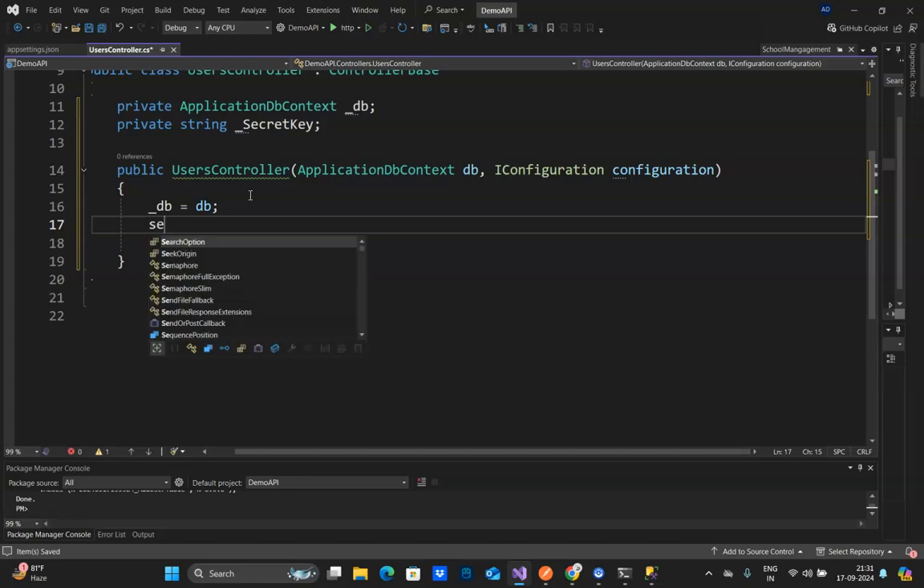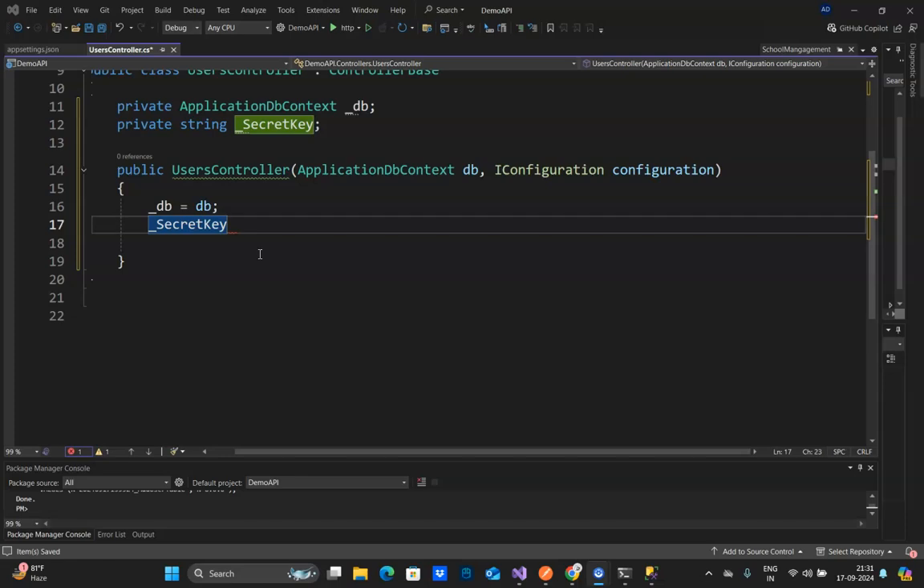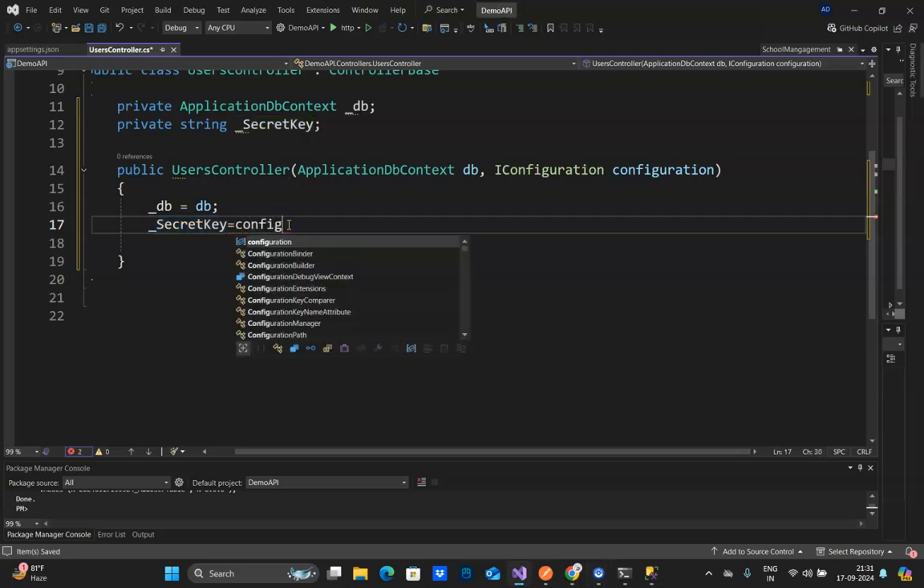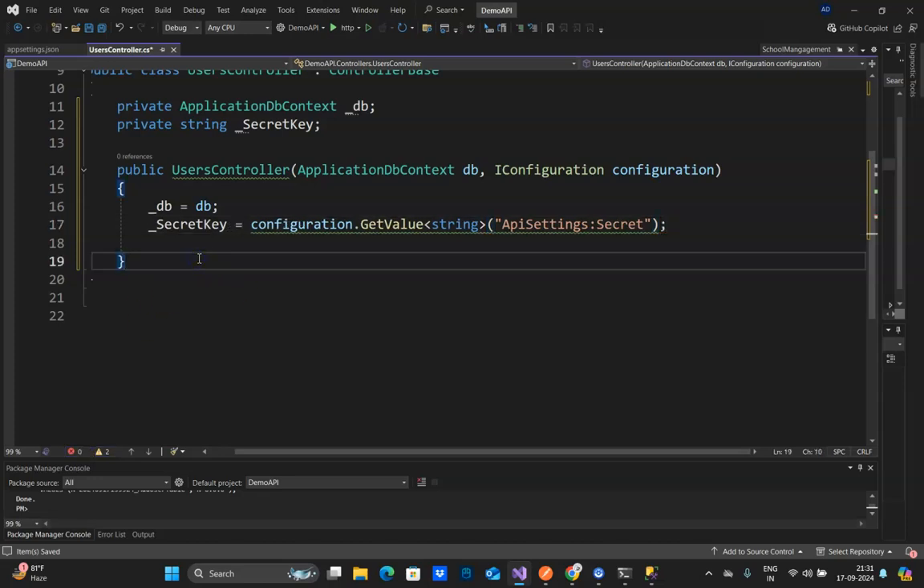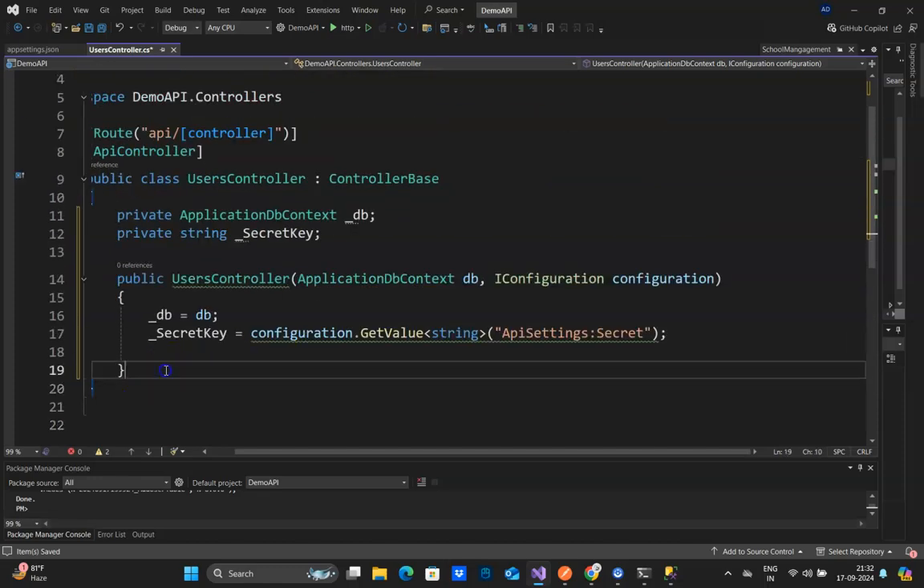So now I'm going to provide this, and here my secret key which I mentioned over here, and fetch it from my app settings. So here configuration dot get value, and this will be string API settings, and this will be secret. So this will fetch that value that I created over there. So once that is done,